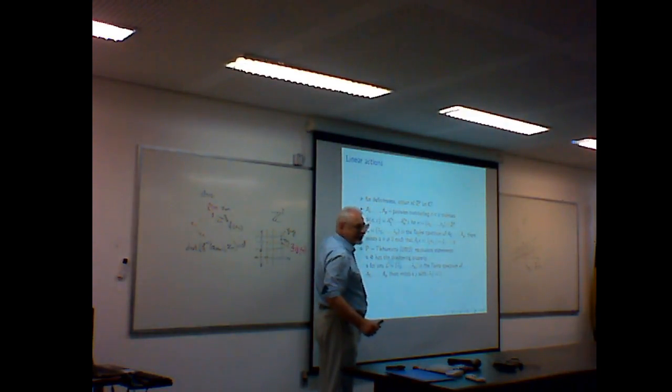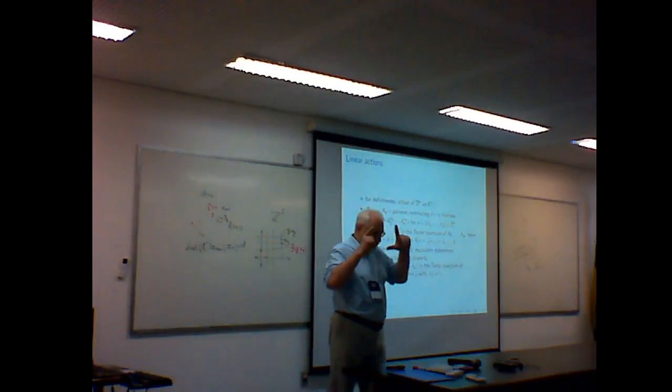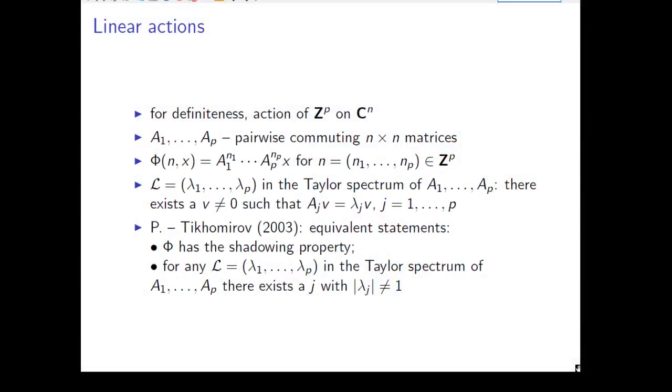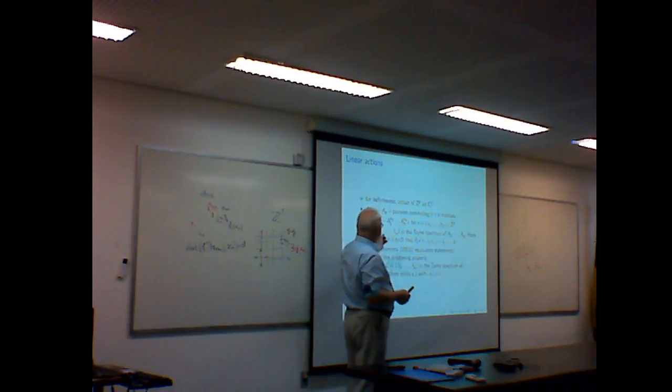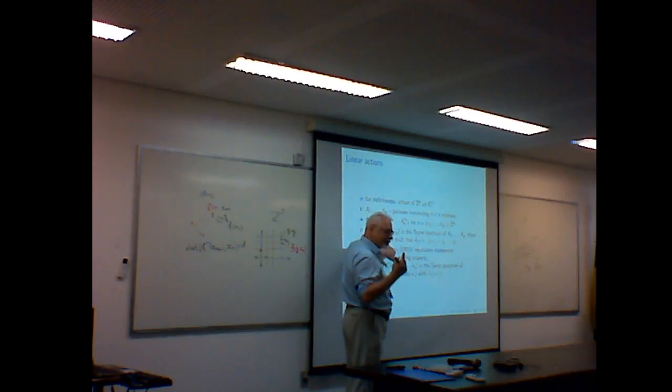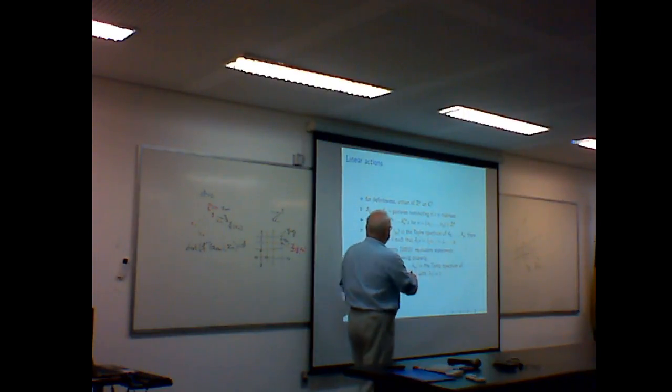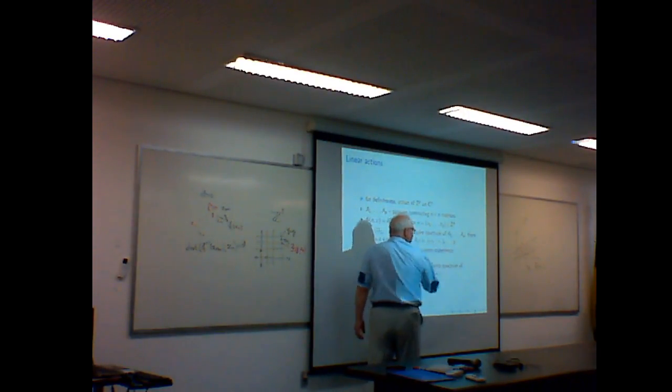Here's the definition. So this is the set of p-dimensional complex vectors lambda with this property. For this vector, there exists a non-zero vector v, such that this v is an eigenvector